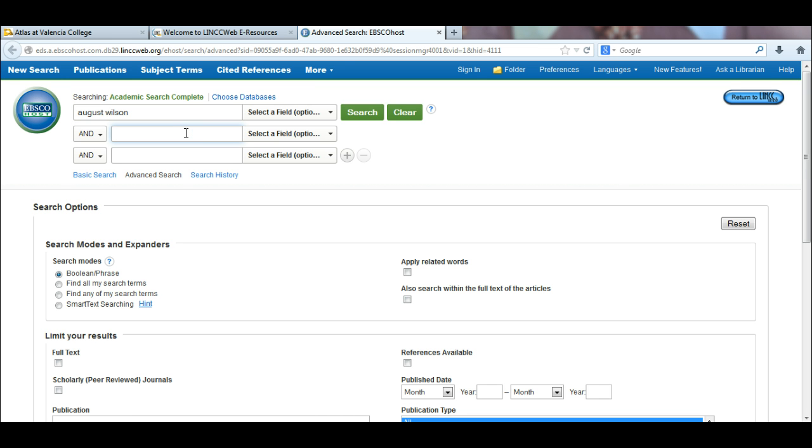My second keyword will be the play or the title of the story you're looking for. So I'm going to put in Fences. Now you could do a search like that and see whatever the database has to return. Or you can look at a theme or character in your play or short story and do another keyword for that. So I'm going to use the term blues, as in blues music,